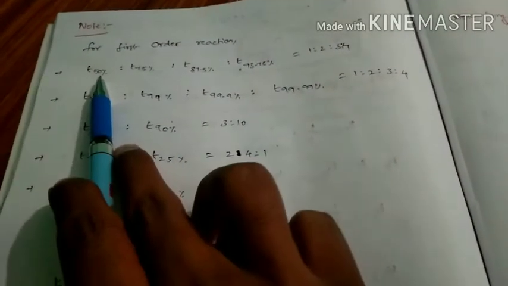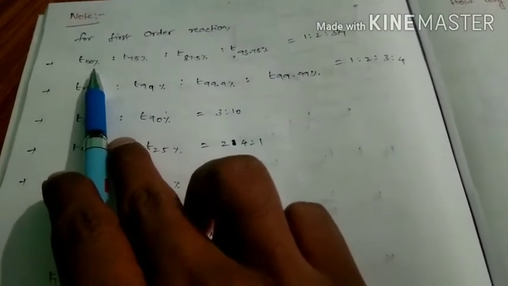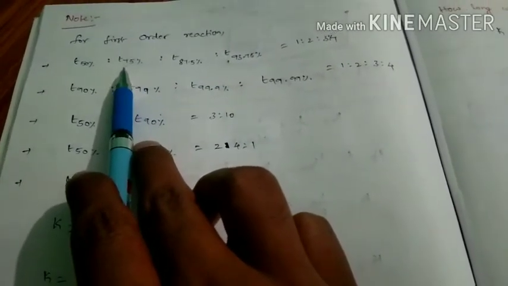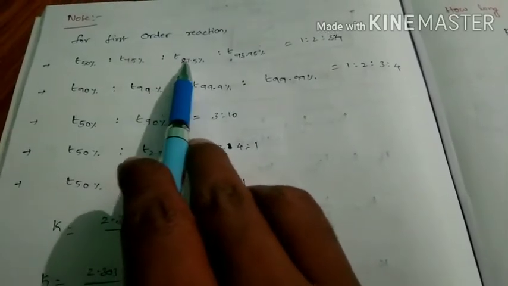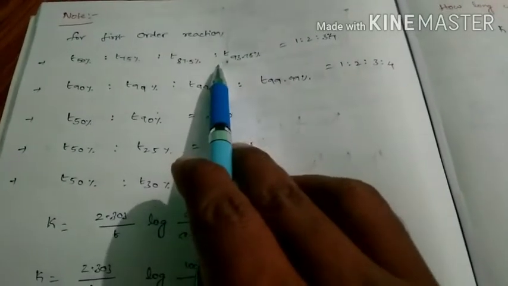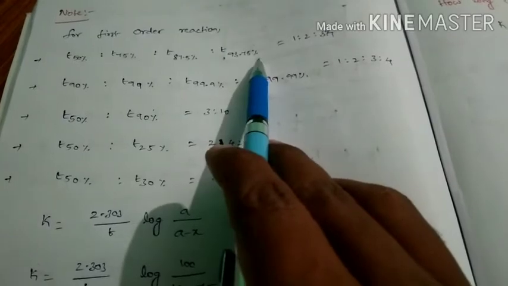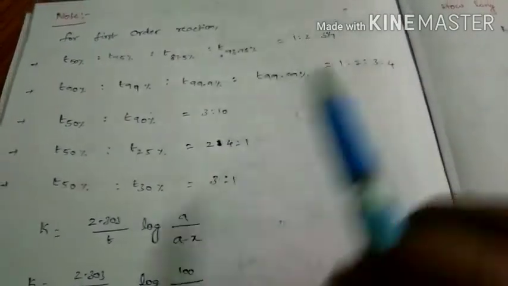So here the point is t 50%, that means half-life, that means the time required to complete 50% of the reaction, is to t 75%, that means the time required to complete 75% of the reaction, is to the time required to complete 87.5% reaction, is to the time required to complete 93.75% reaction, equal to